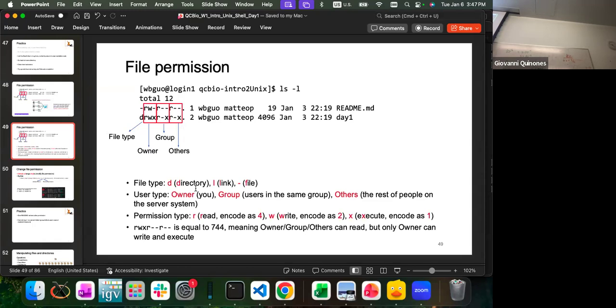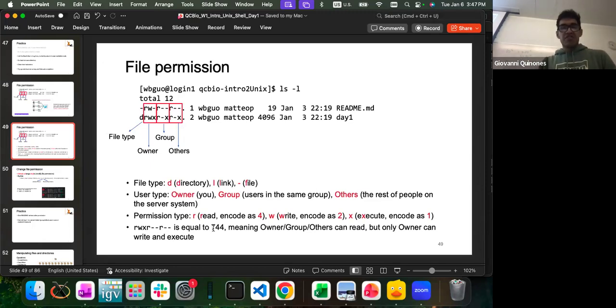Now, the good thing about using numbers is that you can add them together. So what if I want to give all the permissions together, reading, writing, and executing? You just sum 4, 2, and 1, that's 7, right? Now that would be the first 7. So that's you giving yourself all the permissions, which sounds silly, sounds redundant, but sometimes, by default, not all the files have permissions, so you have to enable permissions.